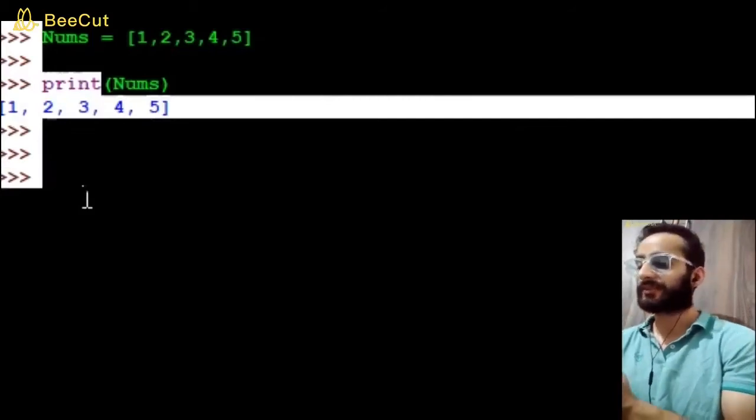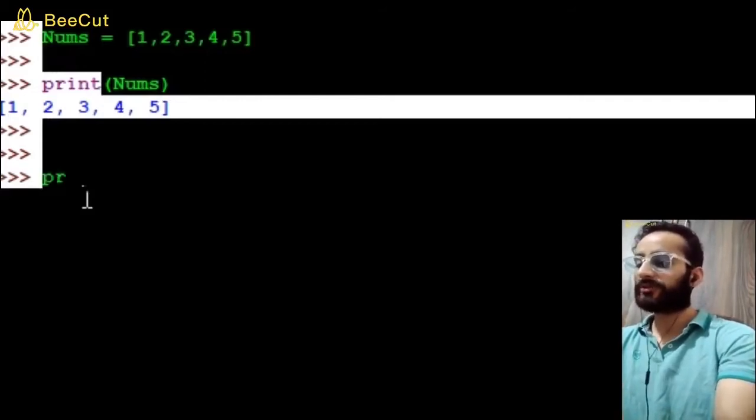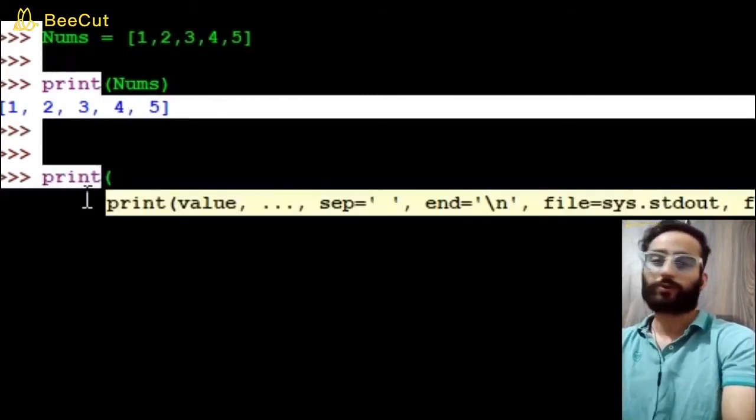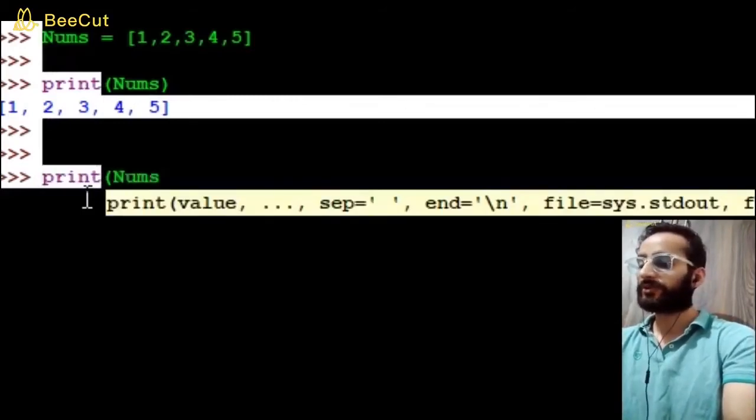So how do we do it? The syntax is something like this. Let's directly print it and do the slicing in one operation only. So print nums of